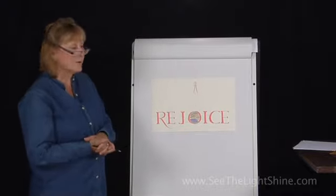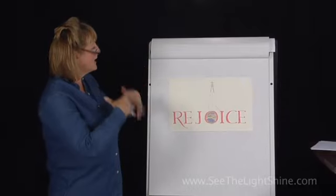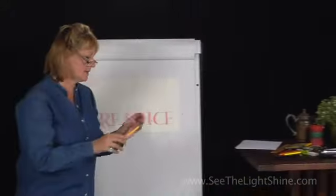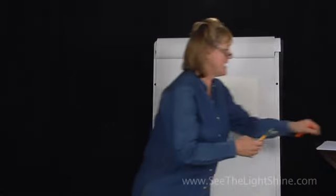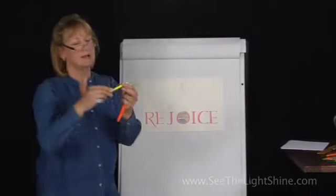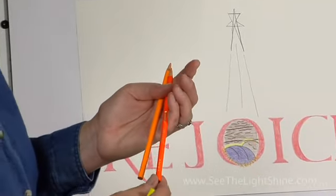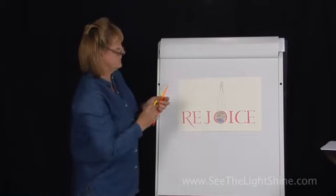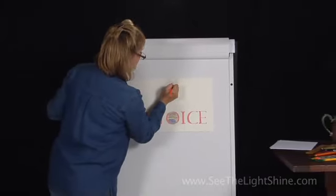Now comes the fun part. We're going to go back to our extreme colors, and we're going to be filling in that star and those rays of light with these great bright colors. So here are my extreme colors, and I think I'm going to use some oranges and this yellow. These are wonderful. We've got lemon glacier, we've got sizzling sunset, and we've got heat wave. I love these colors. I think I'm going to start with this nice sunset, sizzling sunset,